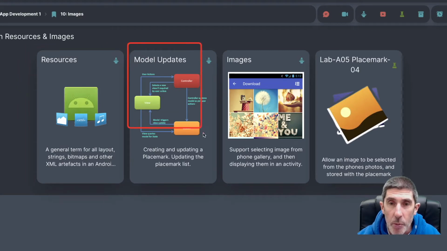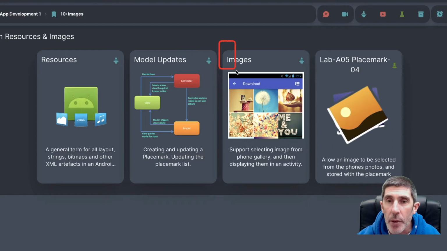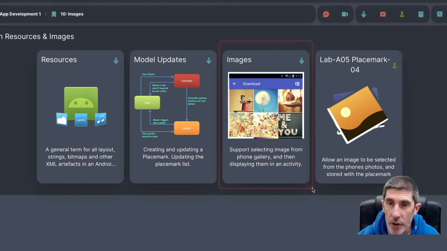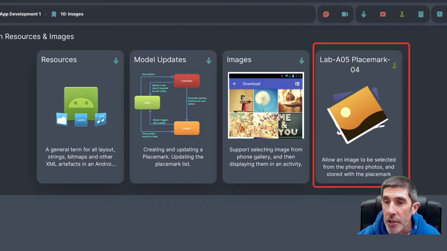We'll then look at our model updates, which is bringing in that edit feature, and there's some extra bits of code you'll have to add in yourselves, and that'll be tied to the lab as well. And then finally, we look at images, where first of all we look at the SAF, the storage access framework, and then we look at what that framework gives us to make things easier for the developer to access images on the device through the gallery and through a UI picker that's quite nice. And then we bring all that together finally in the lab